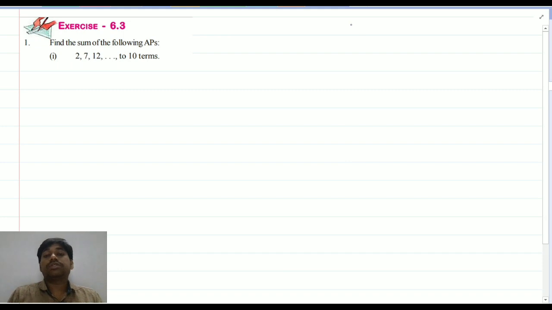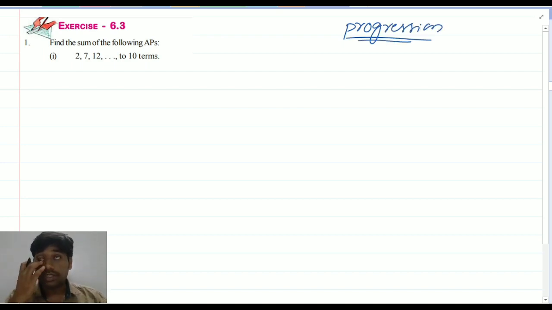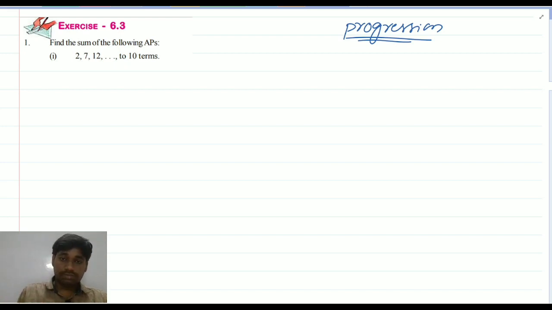Today we are discussing the rest of the concept of progression. Previously we discussed the concept of progression, then some numericals based on whether a given situation is an arithmetic progression or not. Then we did numericals on finding the nth term of the APs. In the last class, we did some questions related to finding the sum of terms